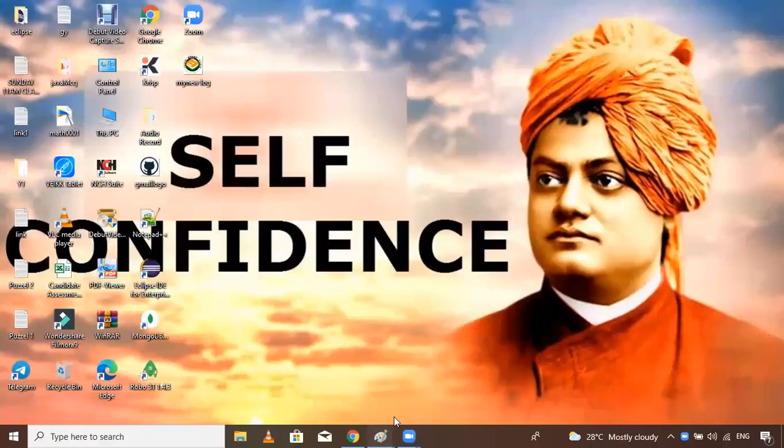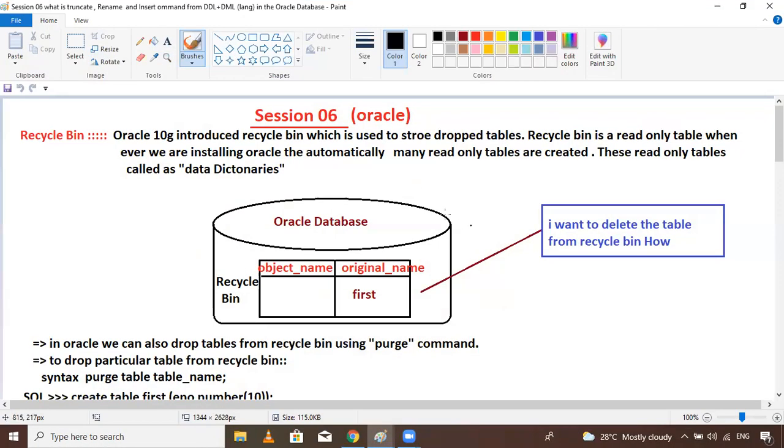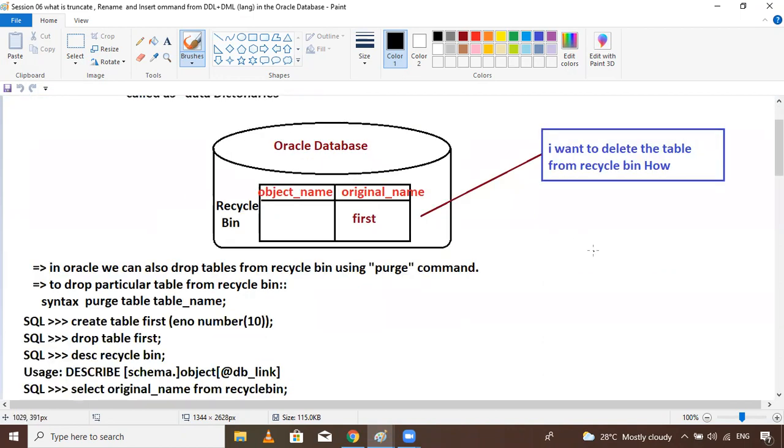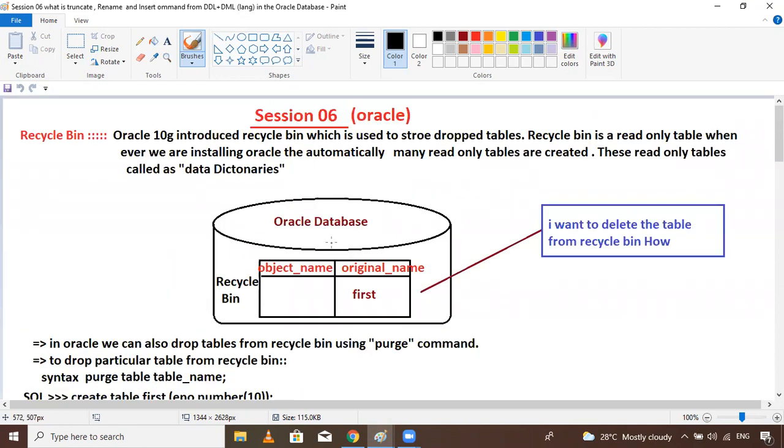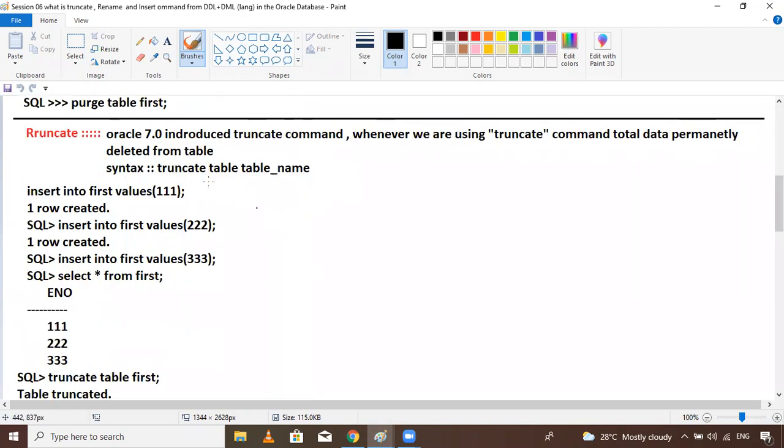Now, back to writing study work. In the last video we saw, in session 0.06, that the recycle bin is not supported in Oracle 10G Enterprise Edition, so up to this it's not working. When I install 19.3, this concept is there. The recycle bin concept is there, so don't worry.